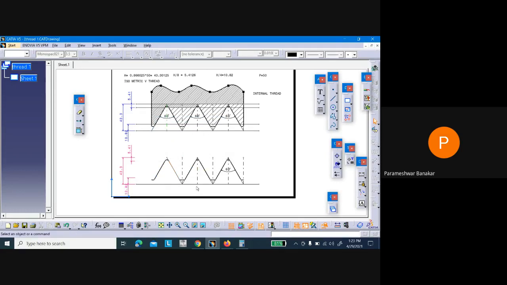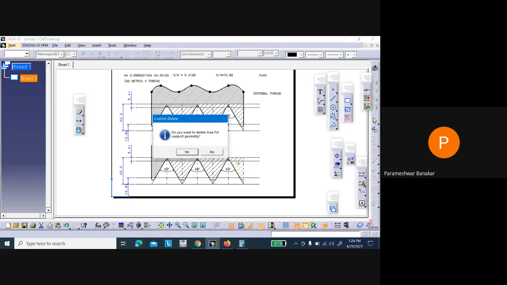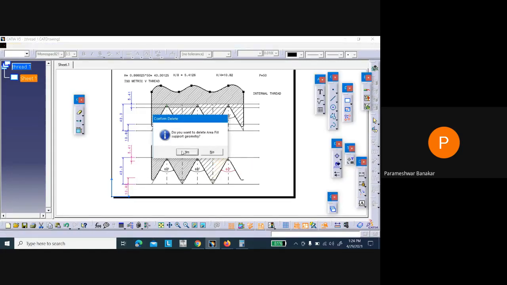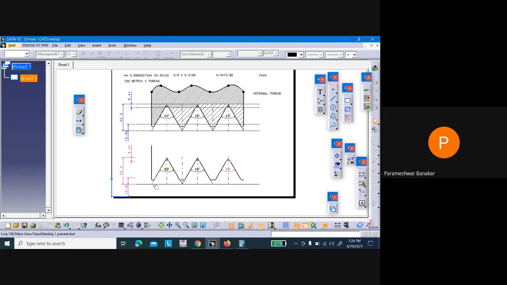Or else what we can do? Let it be like this. We'll remove one by one, because we need these lines. Anyhow it is not coming.